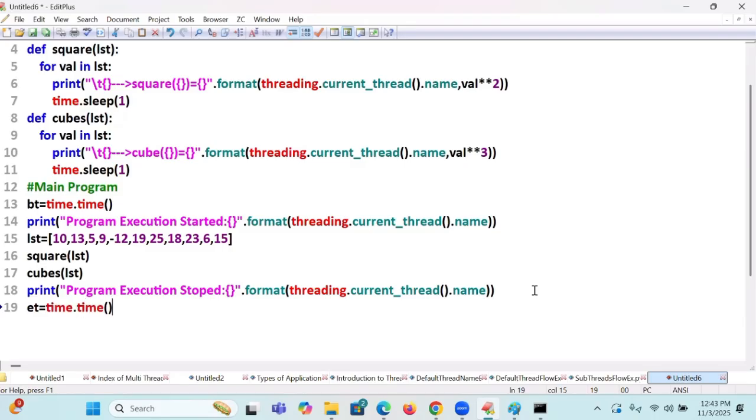What is this now? Total execution time. Total execution time by single default thread is equal to, comma, ET minus BT. Ending time minus beginning time.